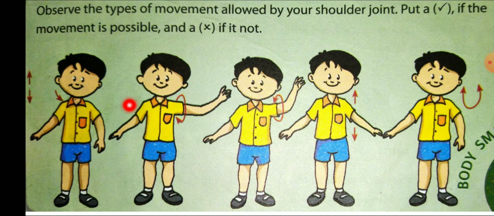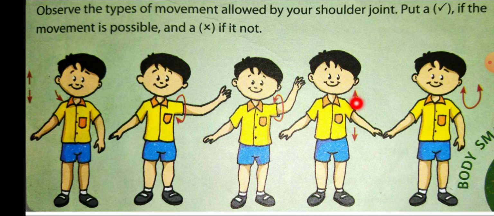Come to the second figure. Here he is rotating his hand, a circular arrow mark is there. That means you can rotate your hand. Rotation is possible. This is one kind of joint. Then come to the third diagram. Here, by folding his hand, he is rotating. Come to the fourth diagram. Here the hands are stretched, straightened. To get the hand straight, in the middle a certain joint is there.